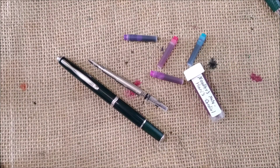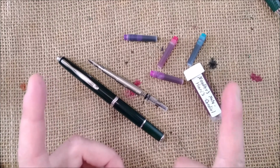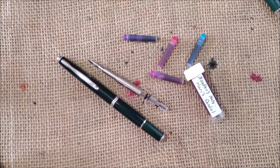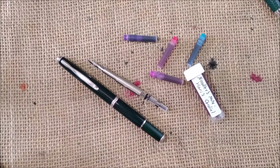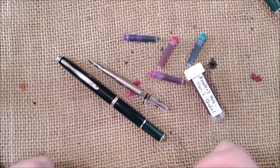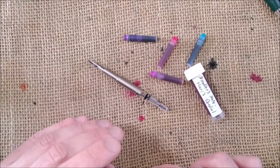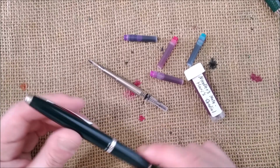So I have to thank WaskiSquirrel for sending me this. I'm very, very happy with this pen. Finally, I have a Pilot Fermo. I'm really, really happy. So thank you for this opportunity,